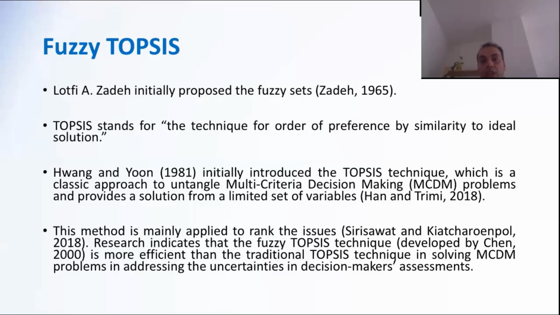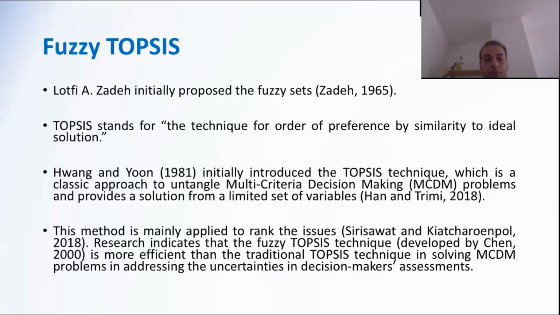of them in multi-criteria decision-making methods such as fuzzy TOPSIS, and TOPSIS stands for the technique for order of preference by similarity to ideal solution, and other fuzzy methods such as fuzzy MOORA, fuzzy Shannon entropy, fuzzy SAW, and others which have their roots in fuzzy logic. Okay, so this was the basis for the other fuzzy methods, the fuzzy sets which were proposed by Zadeh in